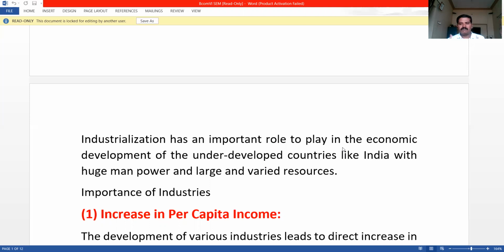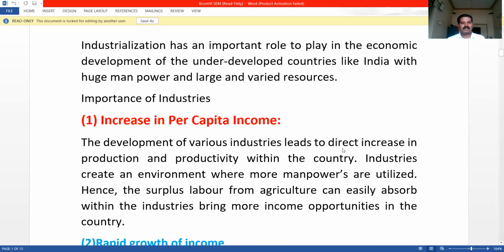But how is the industrialization process developing in our country? Especially, we have explained the most important points on the importance of industries in the economic development of our nation. The fast development of industrialization has resulted in very fast economic growth as well as economic development of our country. At the present situation,